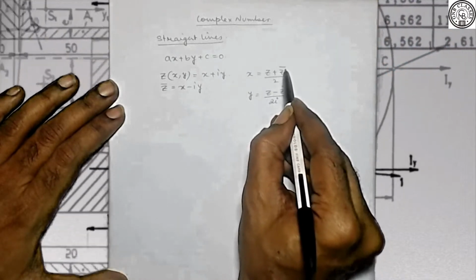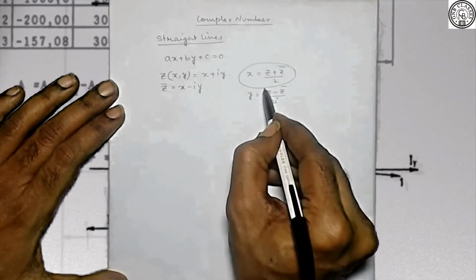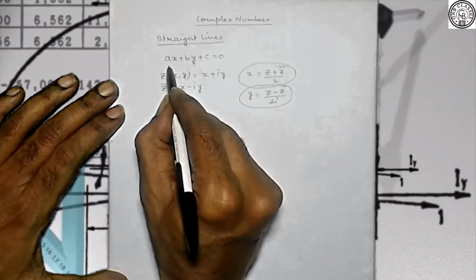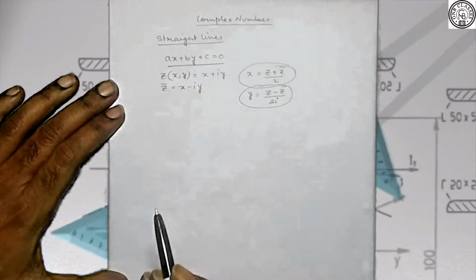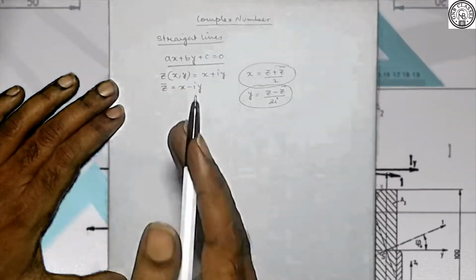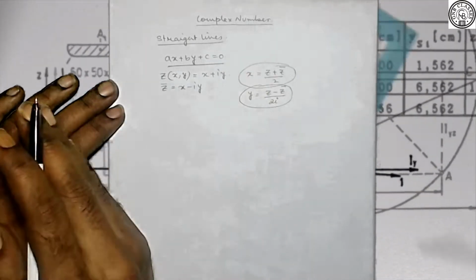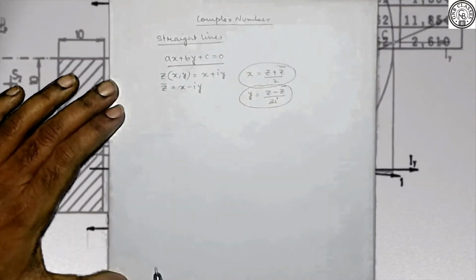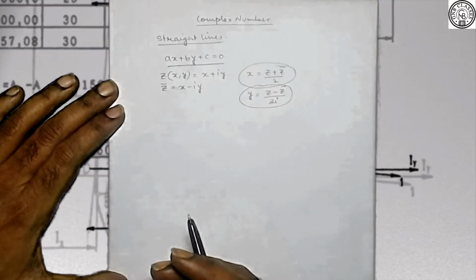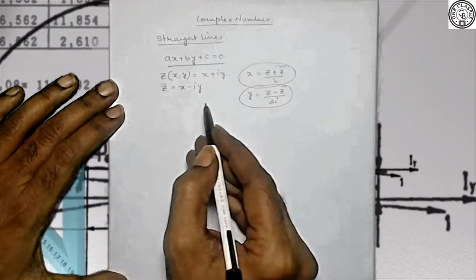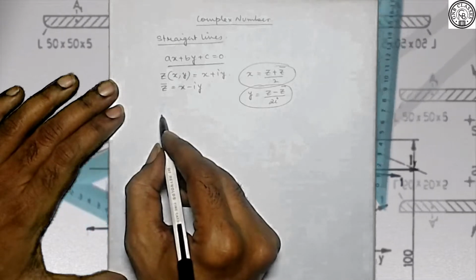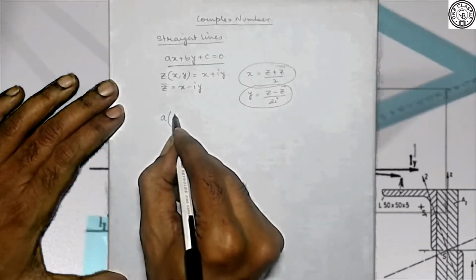Now, if I plug these two values of x and y into this equation, that is the Cartesian form, this Cartesian form of the straight line will be converted into the equation of a straight line on a complex plane. Let me just plug the values of x and y over here. So we are having